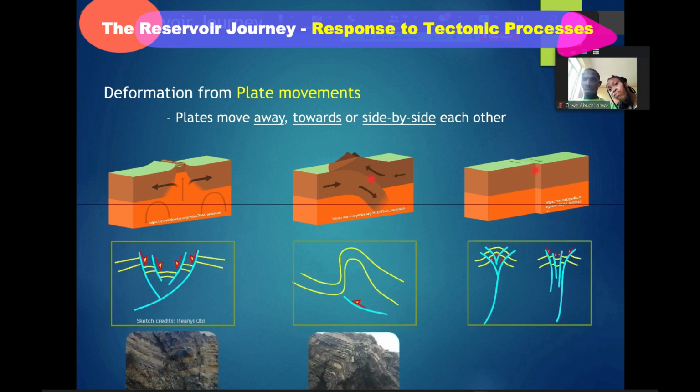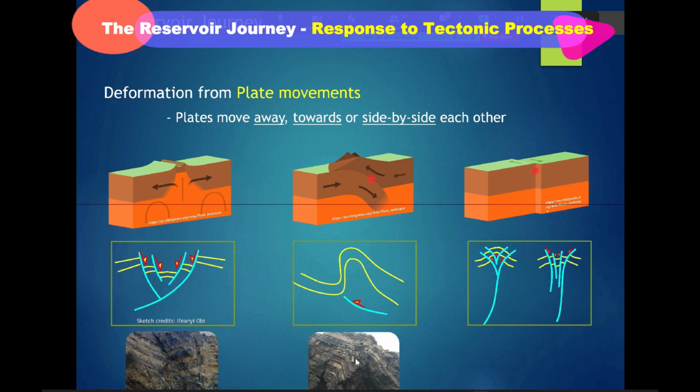And then if I advance the slide, what you will see is this. In a case where they're moving away from each other, we have what we call extensional tectonics, or extensional movement, and it kind of splits the rock apart, or in other words, it stretches the rock. Okay, so this is what it forms. And then in a case where they're moving towards each other, or where you have limited space and all these deposits are coming in and getting squeezed up, it creates what we call compressional geometry or tectonics. And then this is what the rocks will look like. They look folded. Okay, we're going to